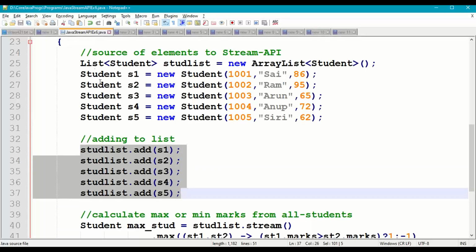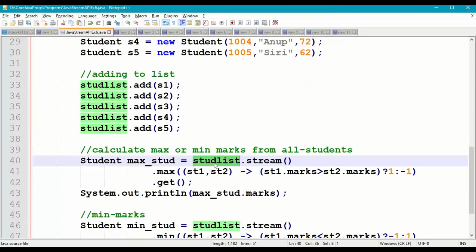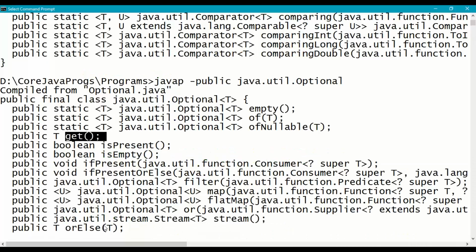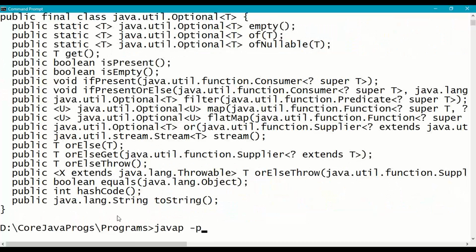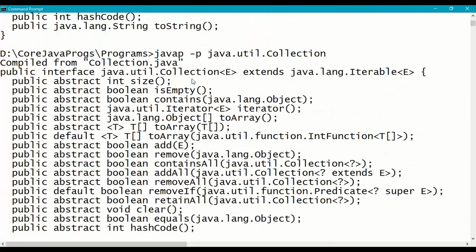Now student list is a Java collection. So on this student list, I'm applying the stream method. If you see the description of java.util.Collection from the collection framework, the Collection interface is a top level interface for all the collection classes, sub interfaces and subclasses.